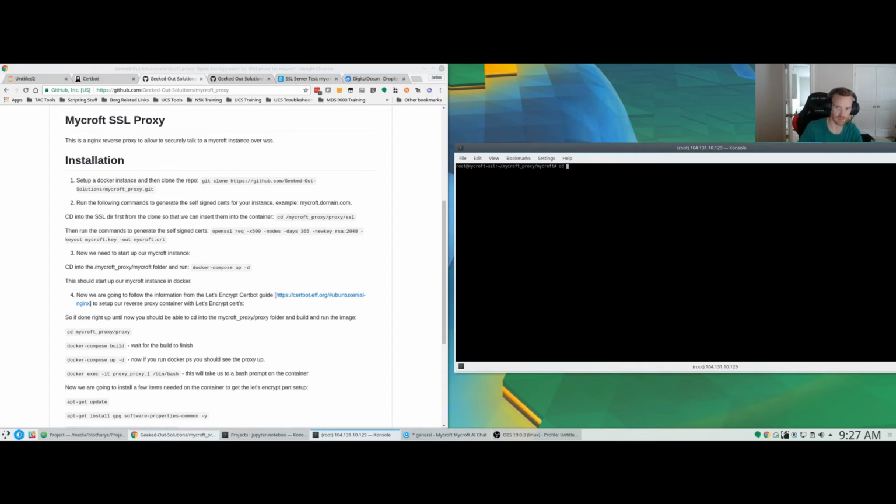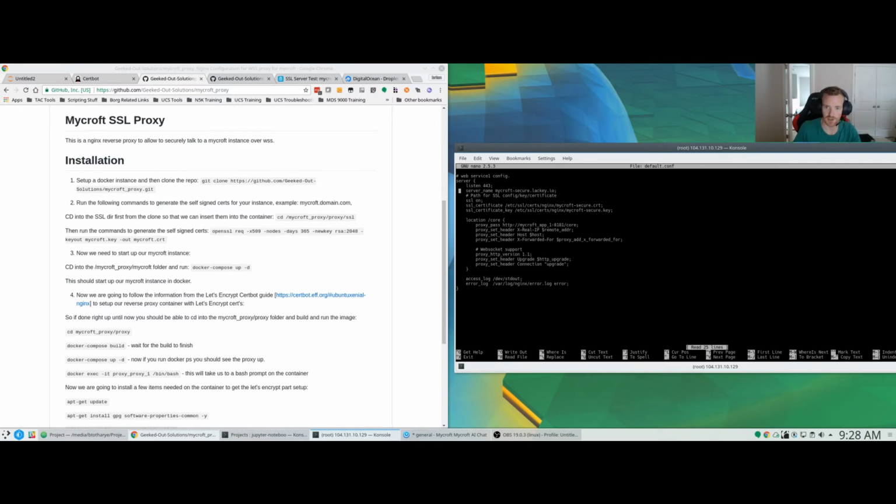In order to get the proxy going, we're going to go up one directory, sorry, and cd into the proxy folder. Now there's two files in here that we need to modify depending on how you've changed things. The first file we need to modify is the default.conf. And so you're going to nano that file. And what you need to change is this piece. This is normally going to say